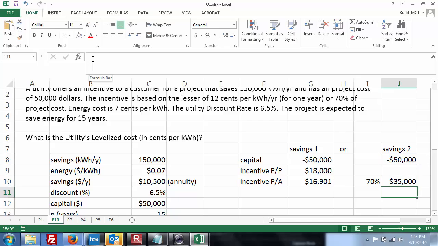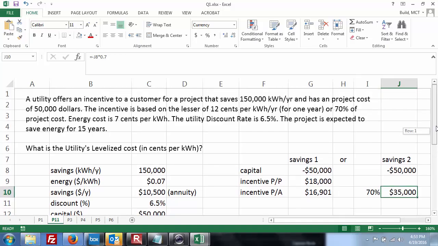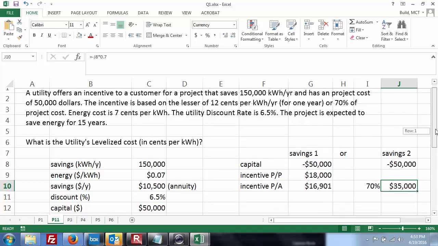We might have enough information already. And we might just be able to see that, we'll do the whole thing, but it might just be like, hey, saving 35 grand is better than saving either 18 or 16. I would almost say that, there you go, just go with that. But let's just see what the